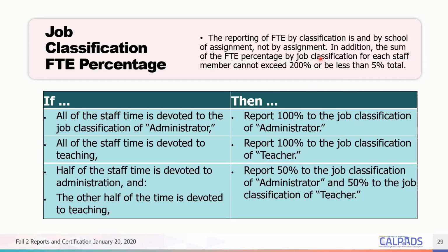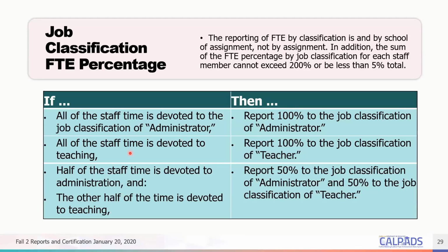Why is that? How are you able to report 200%? There are times when a staff member can be reported with multiple job classifications or maybe one single job classification but in multiple sites. And then it could be a hybrid of admin or teacher. So here are some scenarios wherein you have an admin. If the admin is just an admin, only does admin functions, then report 100%. Now, sometimes maybe this admin can be in multiple sites. So you have two sites with one job classification. So this could be 130%.